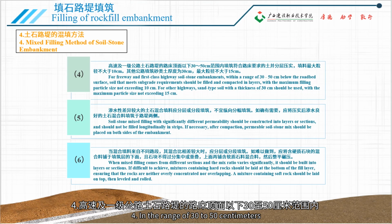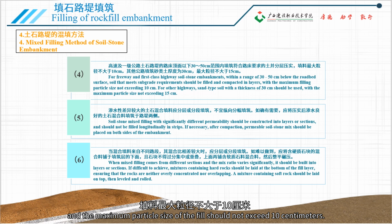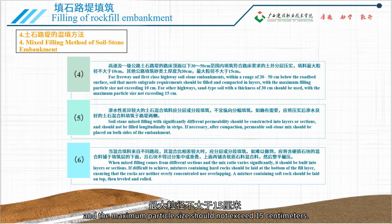4. In the range of 30 to 50 centimeters below the top surface of the roadbed of expressways and first-class highways, soil-stone embankment that meets the requirements of the roadbed should be filled and compacted layer by layer, and the maximum particle size of the fill should not exceed 10 centimeters. For other highways, the thickness of the sand fill is 30 centimeters, and the maximum particle size should not exceed